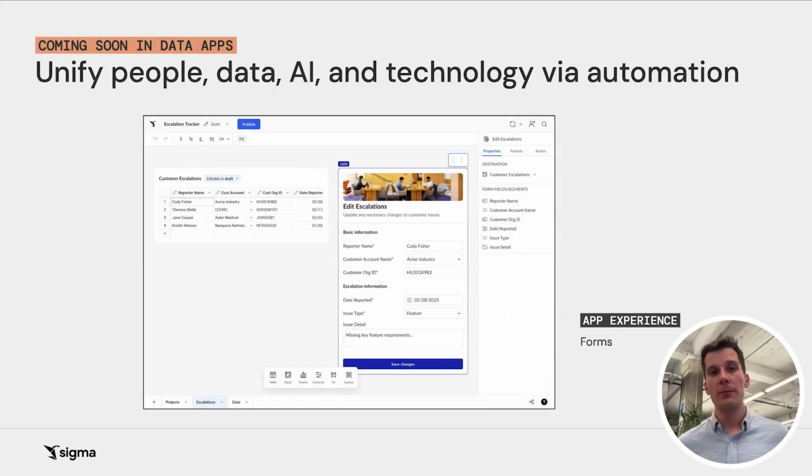So what's in the works? It's making working with individual records of data easier. While the world of analysis is about taking big data and aggregating it into individual insights, apps are about working with individual records of data in both collection and in presentation. And what we have coming are form elements and detail views, which make the layouts for both cases as easy